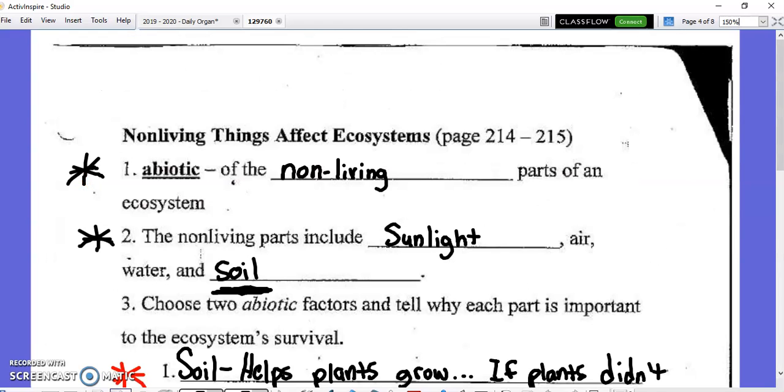Non-living things also impact ecosystems in a big way. Abiotic, with the prefix a, means non-living parts of an ecosystem. You'll have to know the difference, and you'll also have to be able to give some examples. Non-living parts of an ecosystem include sunlight, air, water, and soil. 2 abiotic factors are soil